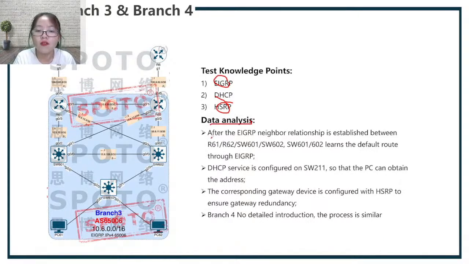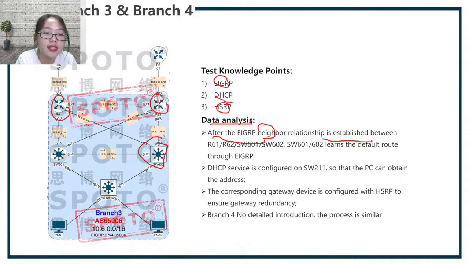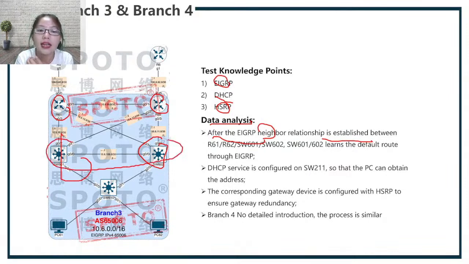First, after the EIGRP neighbor relationship is established between these devices, router 61 and 62 and switch 602 and 601 establish EIGRP, and these switch devices learn the default route through EIGRP, and DHCP